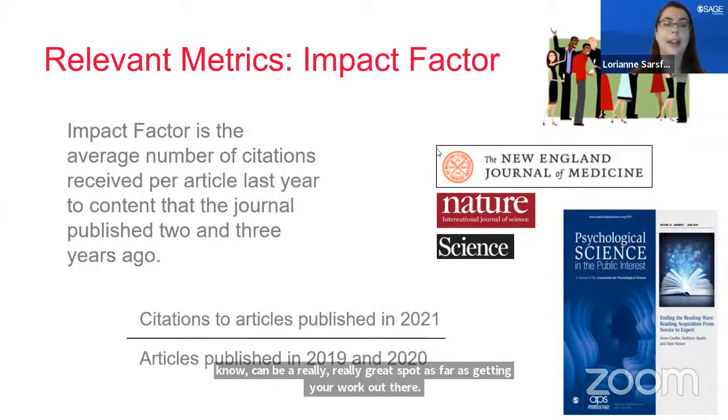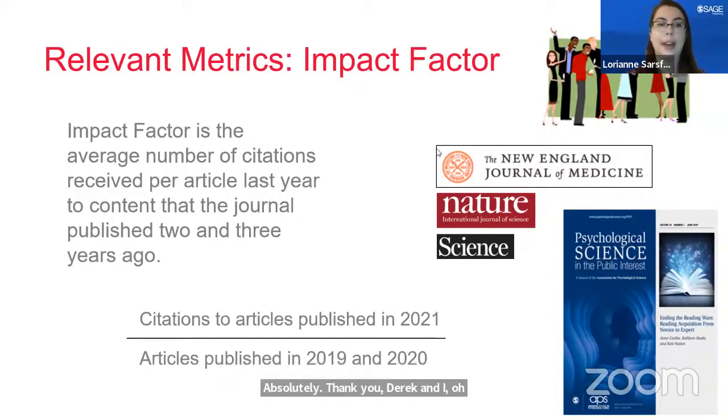Absolutely. Thank you, Derek. And to that point, I also wanted to mention that in terms of the scope of your audience and who you're trying to reach, one common thing we see is that citation trends might be lower in a journal that's focused on practitioners, but what you're publishing may be helpful to practitioners specifically. So you might want to publish in one of those journals, even if it has a lower impact factor, because that's who you're trying to reach. There are a lot of things to consider, but undeniably, it's a metric that's very commonly used in the academic world. So there are a lot of nuances to it, for sure.